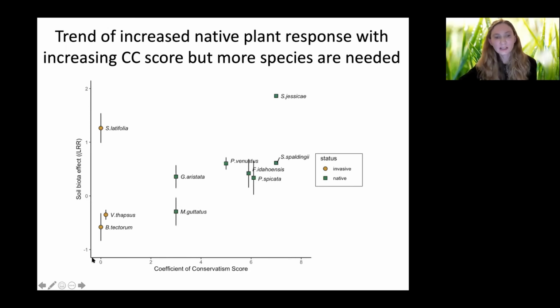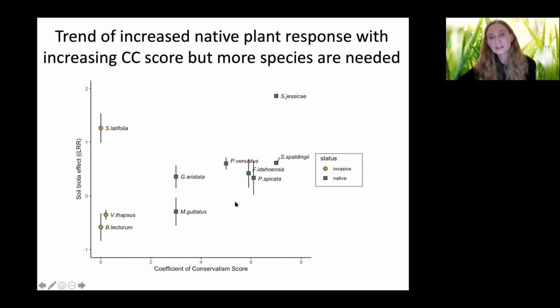And what we would predict is that if these were related, we would have this kind of a straight diagonal line here with an increase. And we see some evidence of that here. This Silene latifolia doesn't fit the pattern that we were expecting, but that happens. There are non-native plants that can benefit from mycorrhizal fungi.